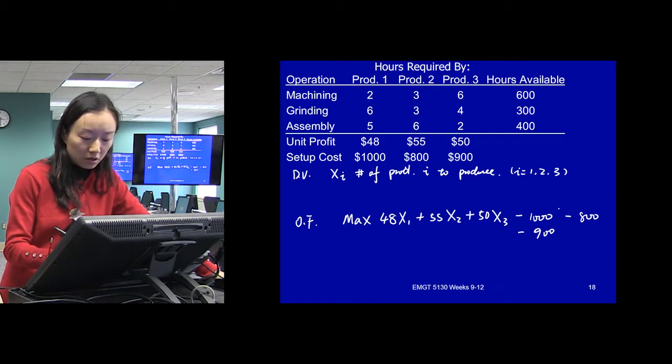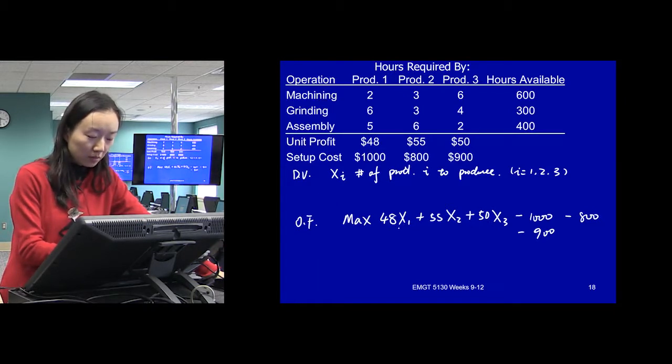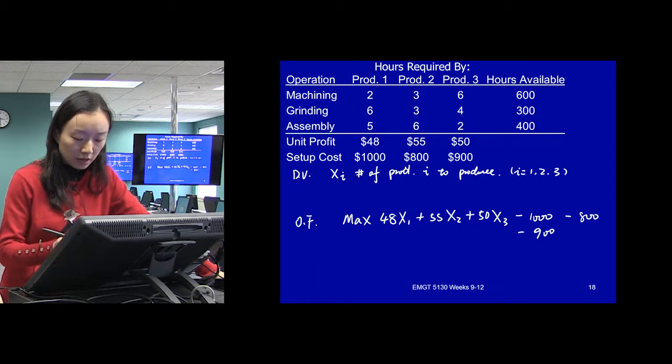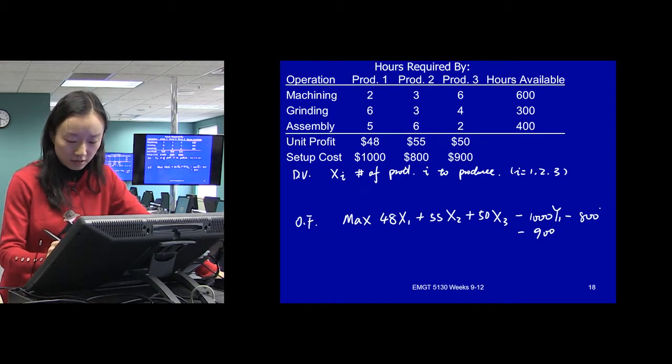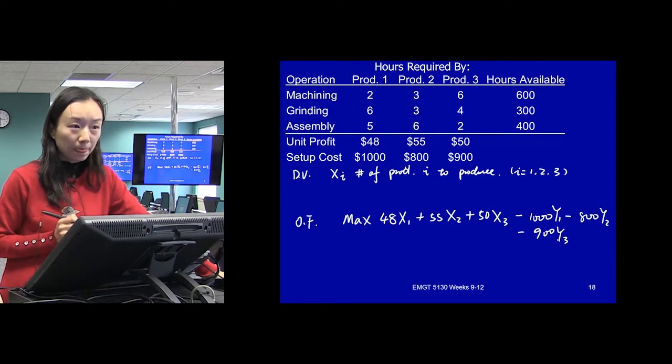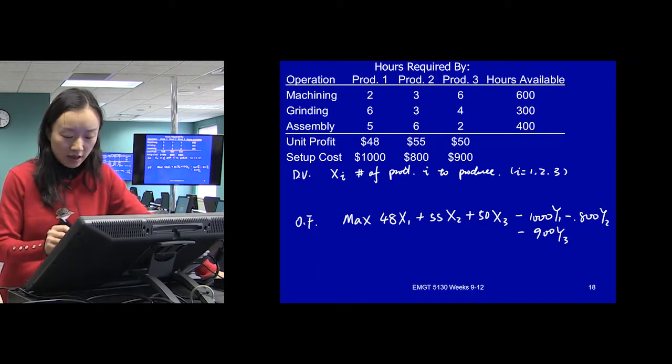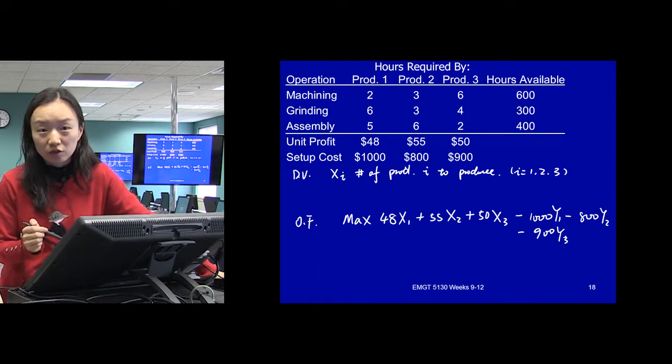And here, can we use x1, 2, 3? No, because these are not binary, right? They should go from 0 to a certain value. So we need to differentiate them. So let's just use y1, y2, and y3.